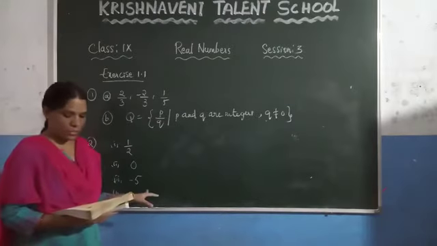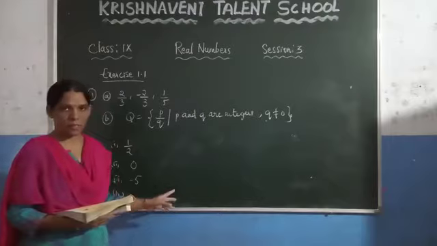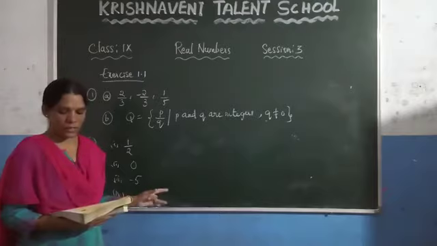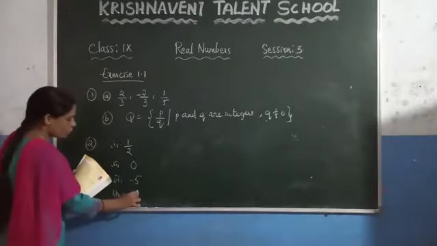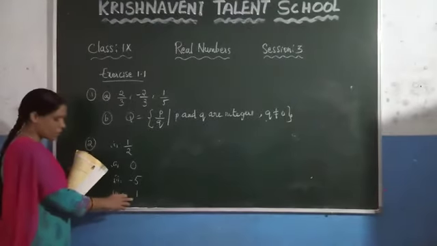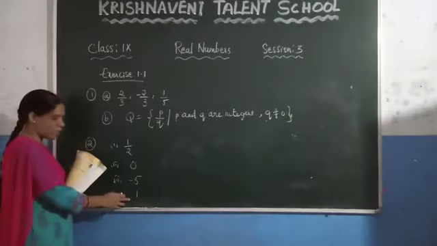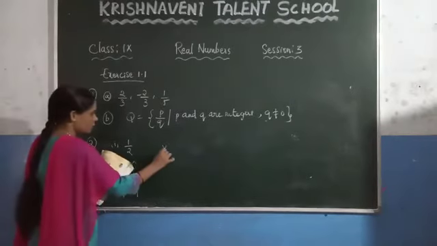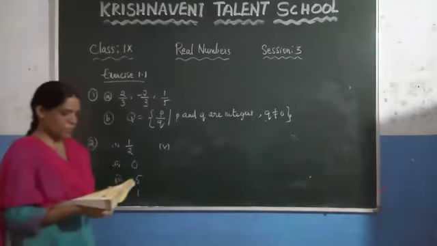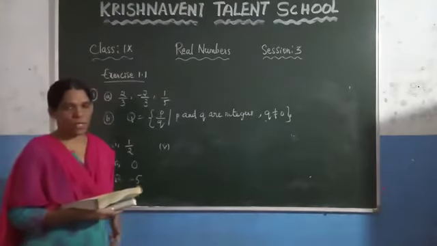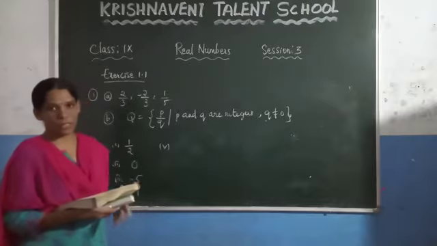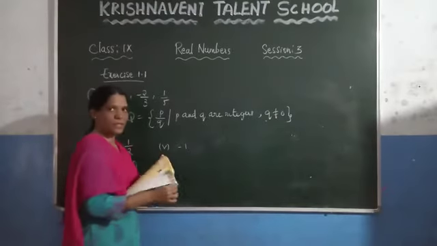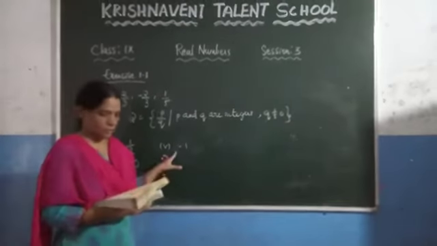Next one, a number which is a natural number, whole number, integer and rational number. You have to write one number such that it should be a natural number, whole number, integer and rational number. Consider 1. You know that 1 is a natural number and 1 is also a whole number and 1 is also a rational number and 1 is also an integer. Now see the last one in this. Here, a number which is an integer but not a natural number. You have to write an integer but it should not be a natural number. What is that? Consider minus 1. You know that minus 1 is an integer but it is not a natural number.